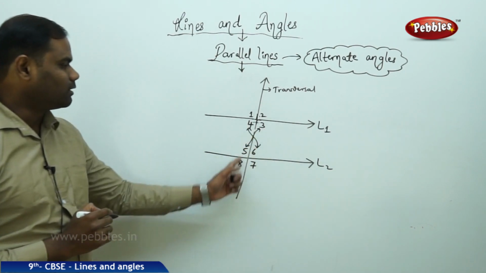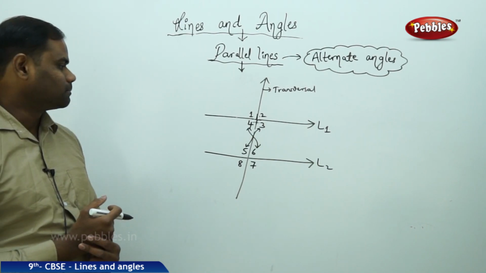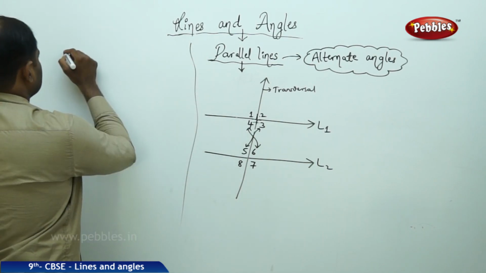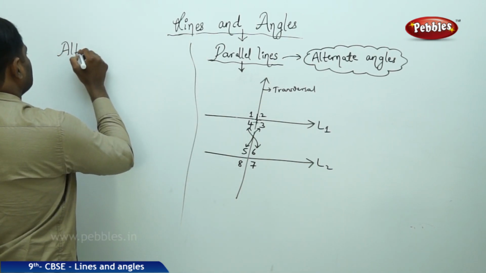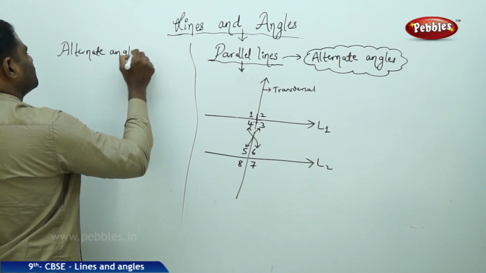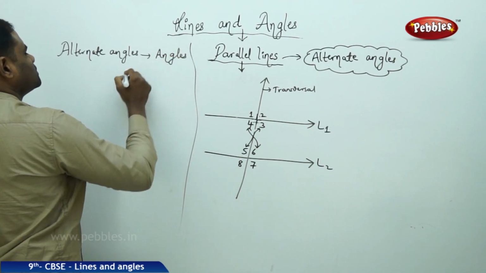So 3 and 5 are alternate, 4 and 6 are alternate to each other. So I have alternate angles to be angles